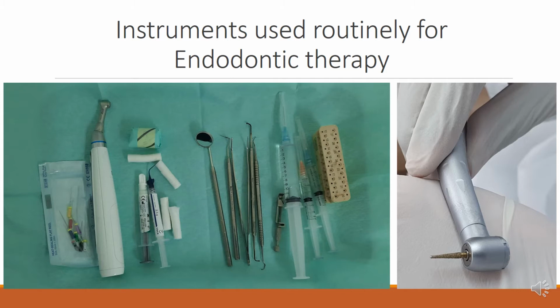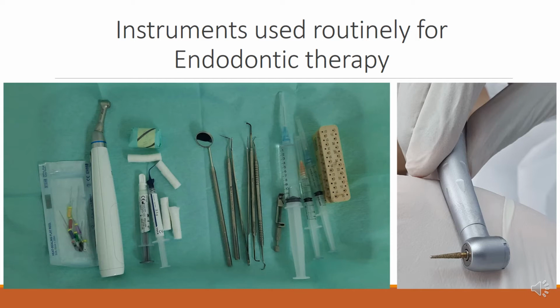Our basic diagnostic instruments, that is your mouth mirror, the probe, the tweezer, and the spoon excavators, and of course we have the irrigants, which are going to be useful for flushing out the exudate, that is your saline, and of course we have the antimicrobial ones, that is primarily your sodium hypochlorite, and the antibacterial, which is your chlorhexidine. Then of course we have the burr, which is most importantly used for the access opening.